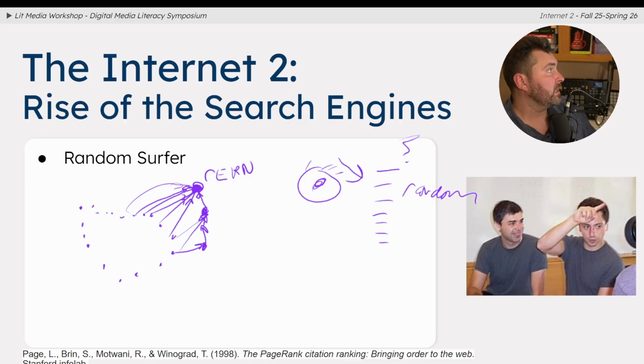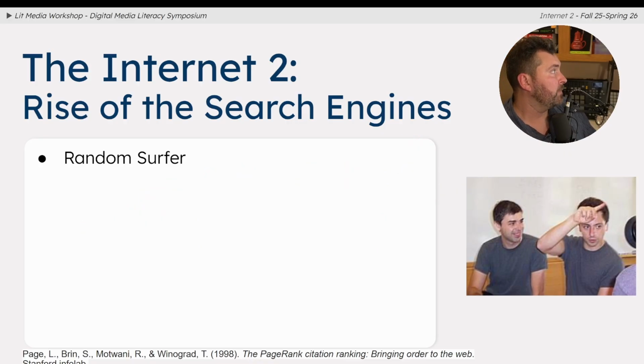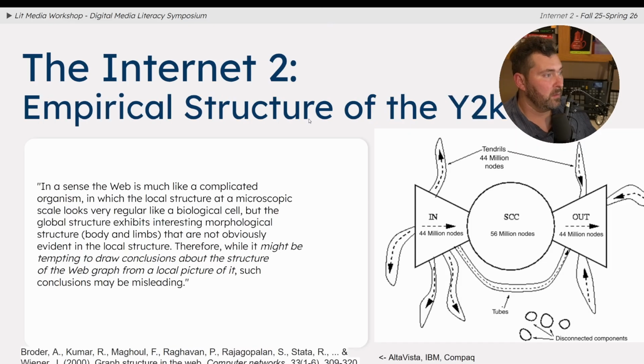Which is what we're going to be talking about now. Somewhere in the year 2000, some authors created this thing talking about the graph structure of the web. I really like this quote that they had in this paper where they say, in a sense, the web is much like a complicated organism. It's like an actual creature in which the local structure